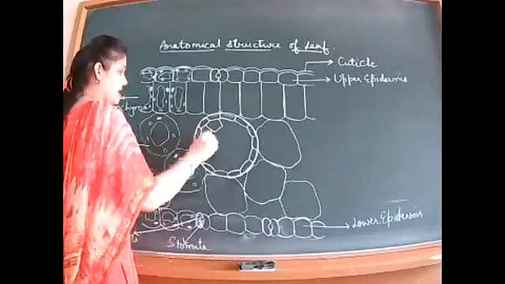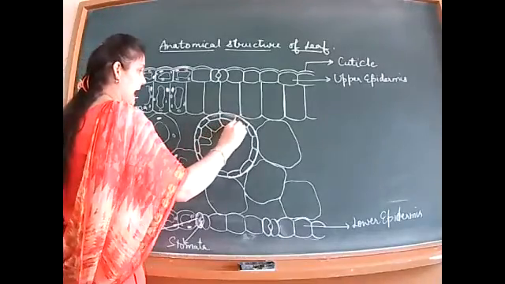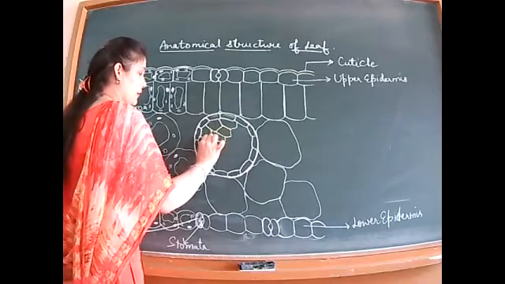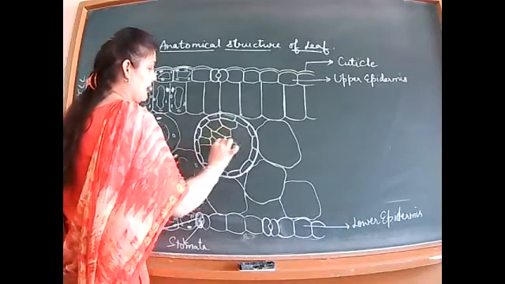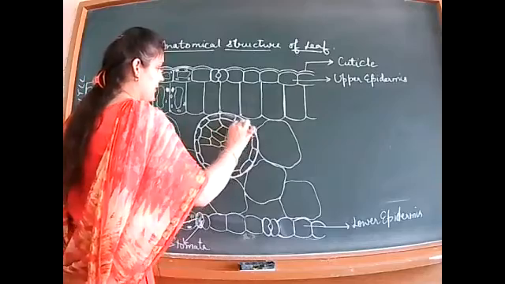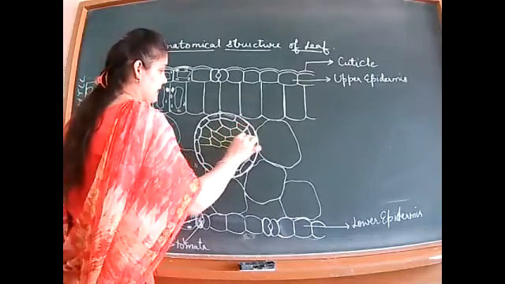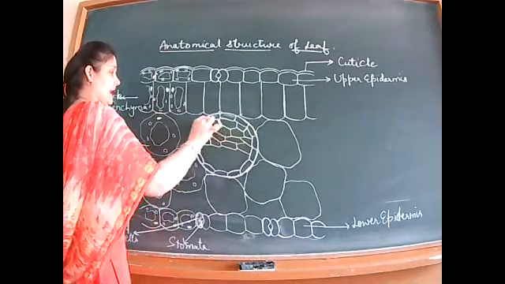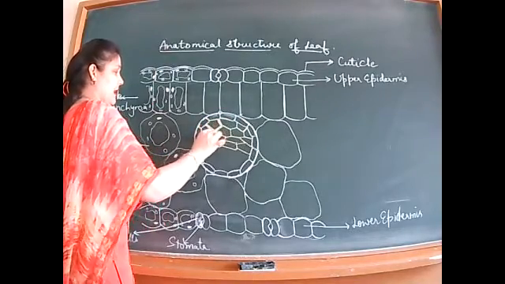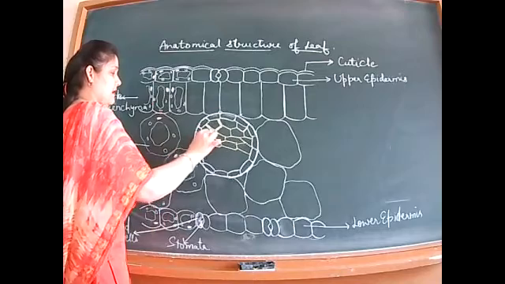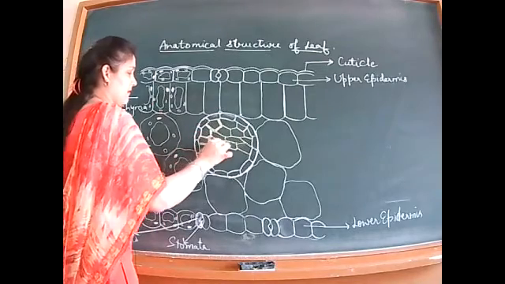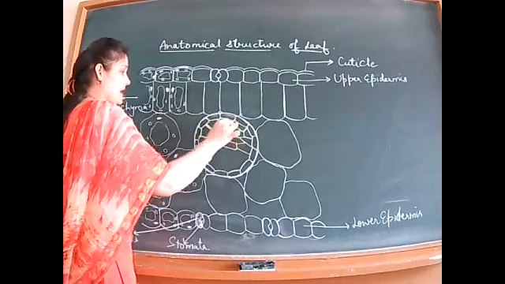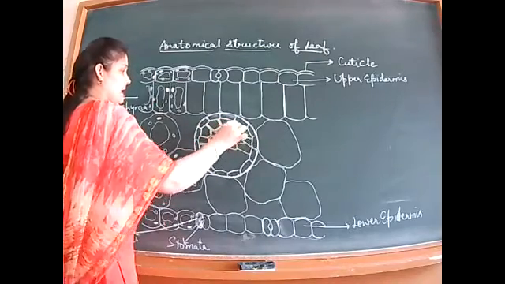They are made larger in size like this, and just to differentiate them from the phloem cells, they are made with dark layers. Dark layers means you have to shade them like this. In this way, you can make the xylem and the phloem. So xylem cells need to be made thicker to differentiate them from the phloem cells.